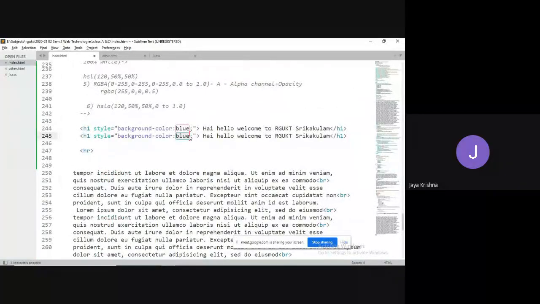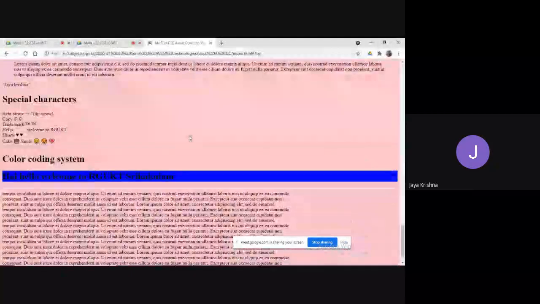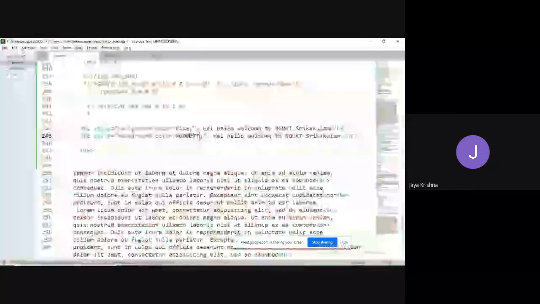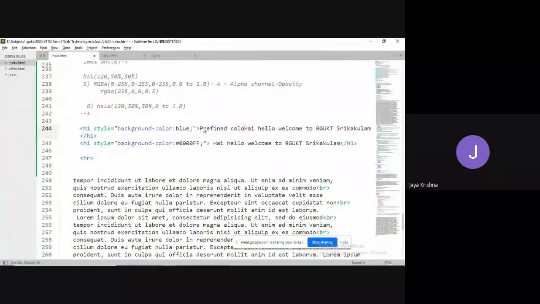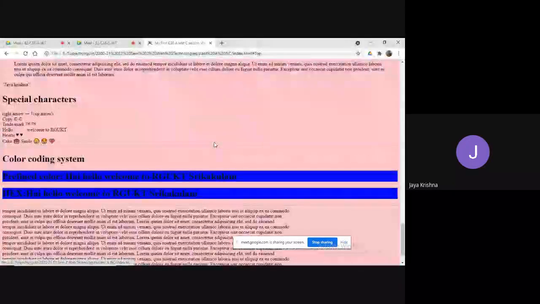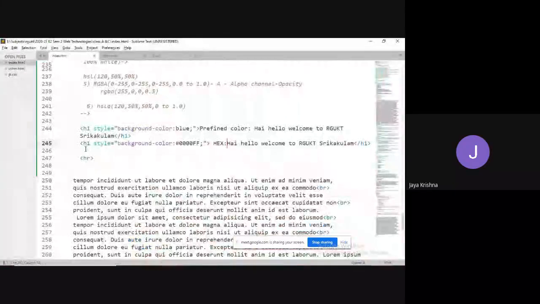Hexadecimal format. What is the hexadecimal format? Hash. Blue color means first red 0, green 0, blue is full color. Observe. RGKT Srikakulam. This is a predefined color. This is a hexadecimal format.